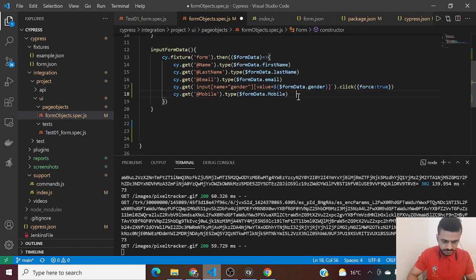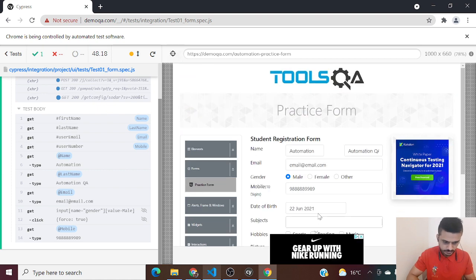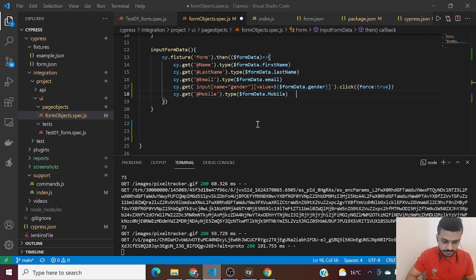Now guys, here if you see this date picker, it has got a lot of other actions to perform. You have to click first, then select the month from the drop down, then select the year from the drop down, and after doing that you have to select the date. So this entire thing involves 4 to 5 steps. If I have to write all these 4 to 5 steps in here, my code would look a bit messy. So let's just